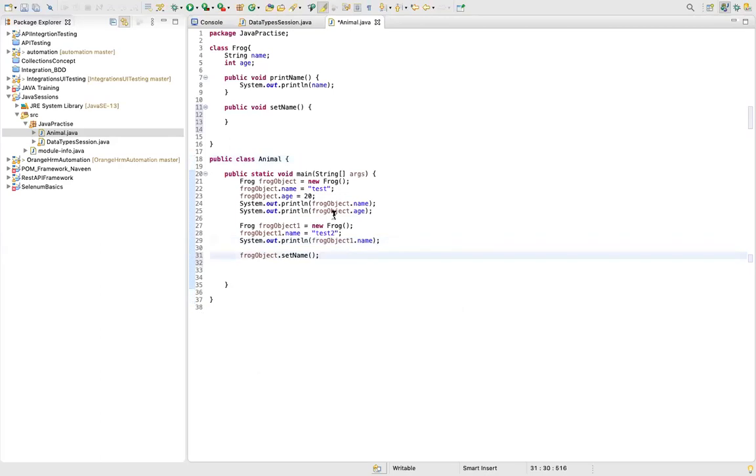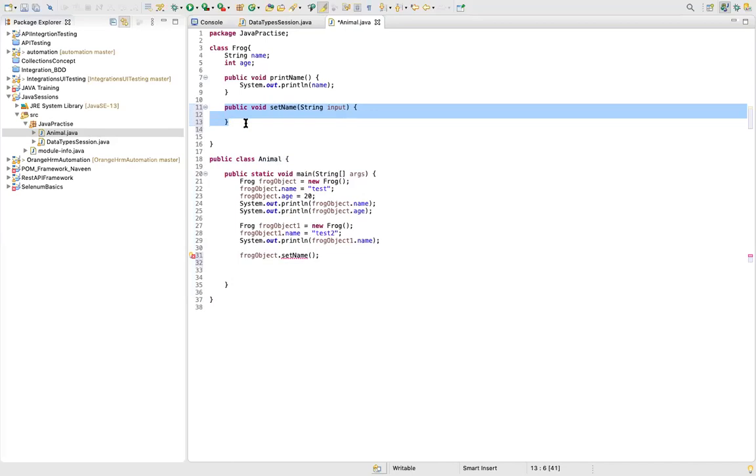So what we did is we created a method set name. But if you want to set the name of this particular variable, you need to accept a parameter, right? You need to accept a parameter. So I'll say string input. Now see, guys, this is also a part of learning. Now I have modified this particular method, right? And I'm calling this particular method from a different class using an object.